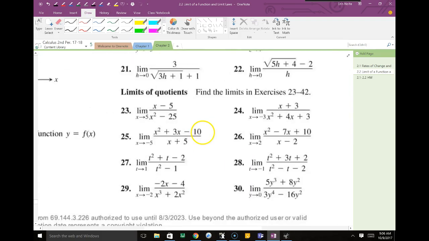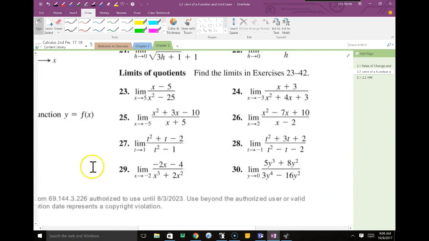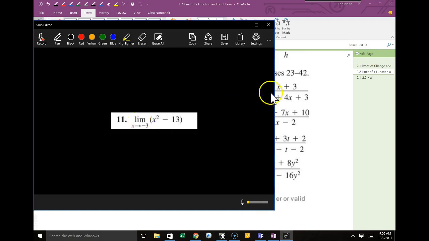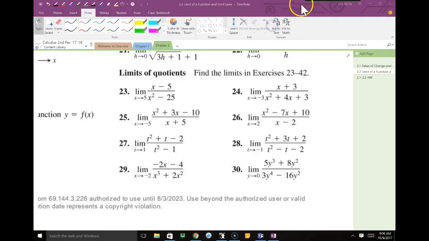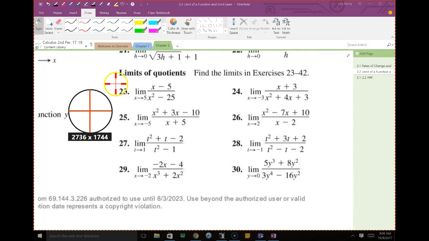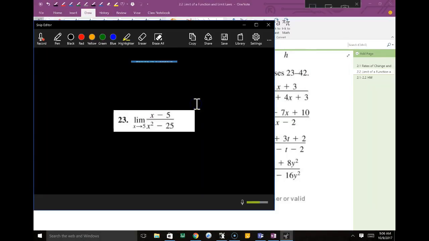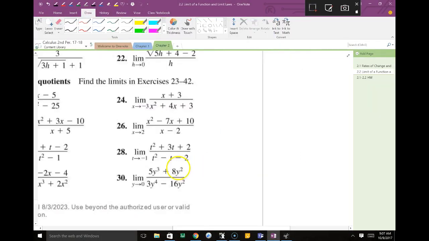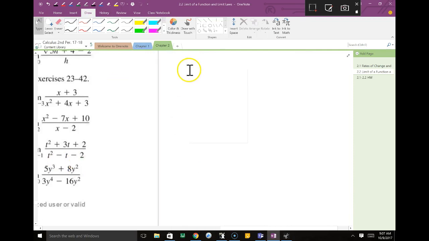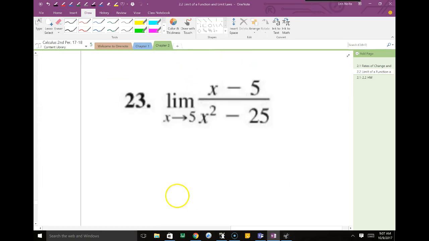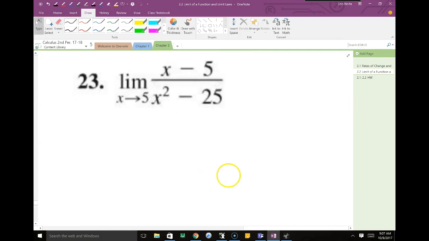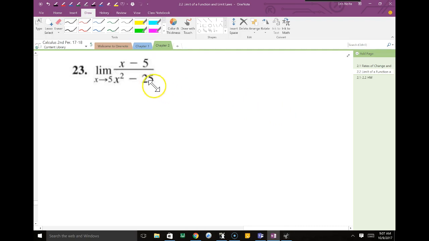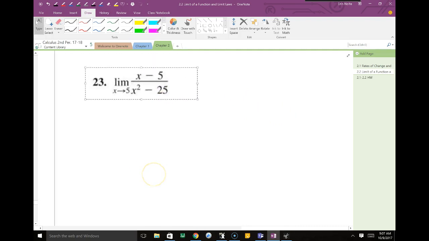What happens if you get one like this? Can you show us when it's not continuous? Yeah, let me do this one. Okay. What about this one? Where would I start? If I plug this in,